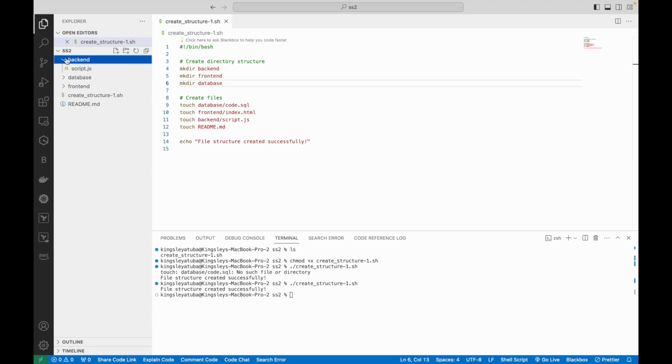Now, if you check backend, you see your script. Database, you see your code.sql. Front end, you see this. So the reason I'm telling you this, do you see how quickly it took us like 1 second to create this file structure? Instead of pressing this, typing in your folder, pressing this, typing in your index.html, a script